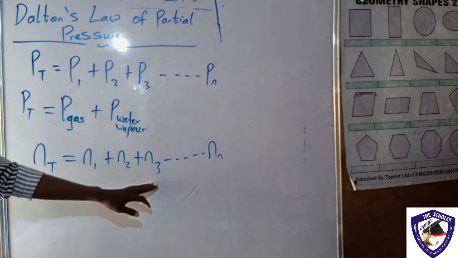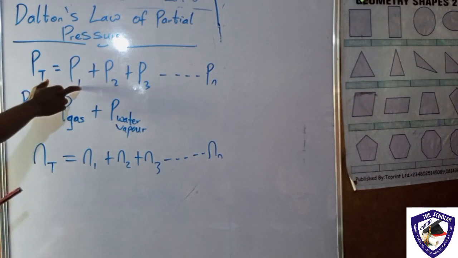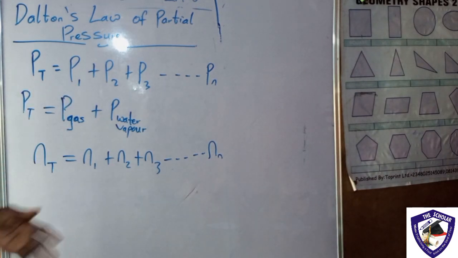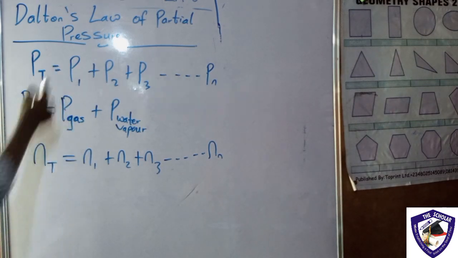So this is the formula. Now you might be asked to calculate the partial pressure in a gas. If you are asked to calculate the partial pressure of gas 1, let's assume in that gas we have 3 constituents or 2 constituents of gas in that container. The partial pressure